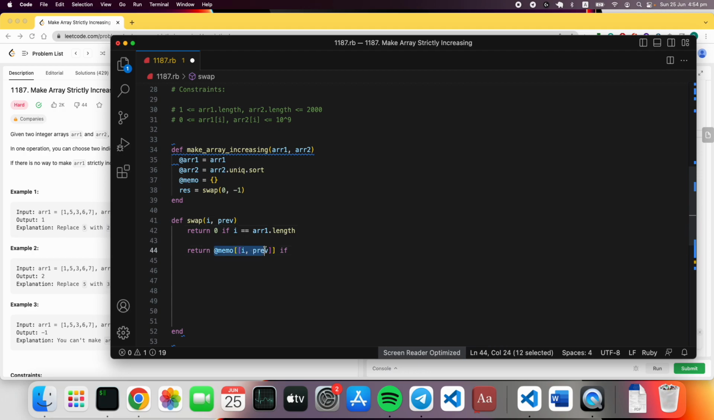And to save computational resources, we don't need to run through the method again if we already have the value stored in our memory. And then the next step is